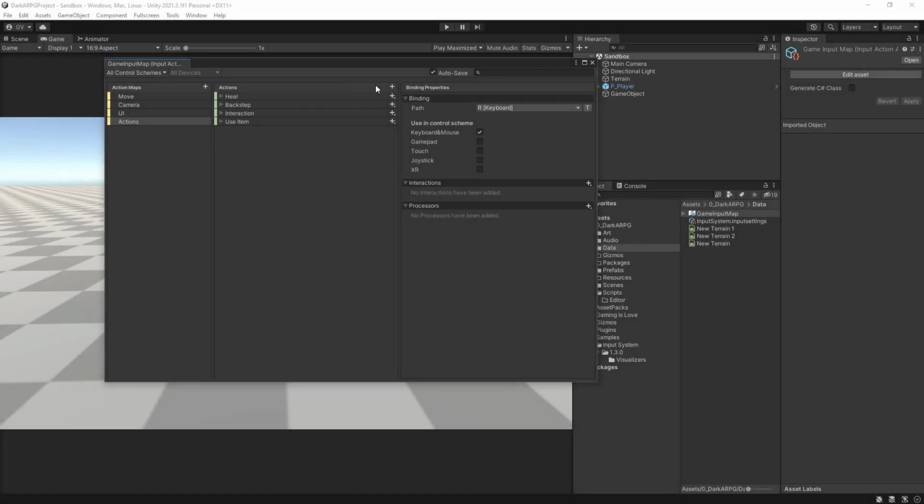Okay, so let's go to the actions and create a new action here, and let's call this one attack. This is our standard attack, and we want to bind it to the right bumper, or right shoulder in this case. So, gamepad and joystick,